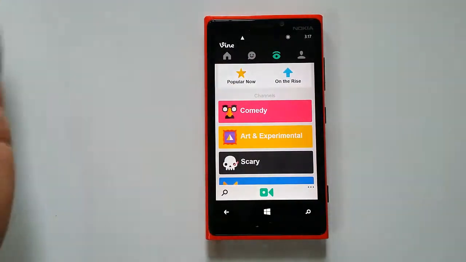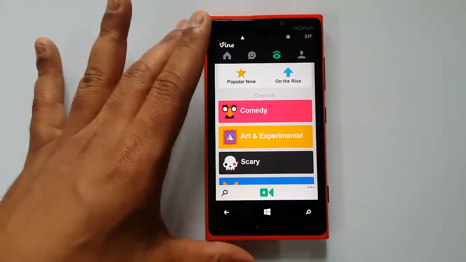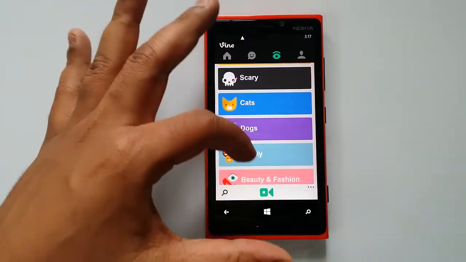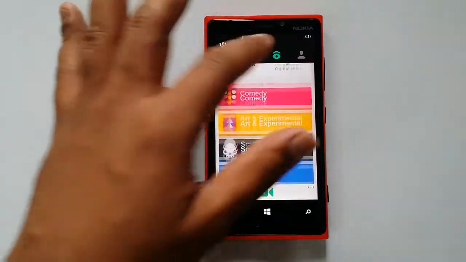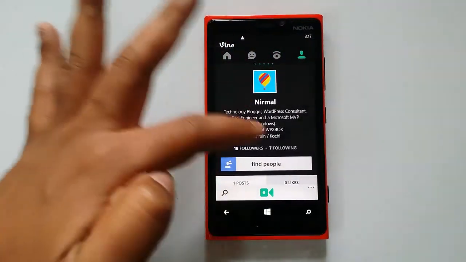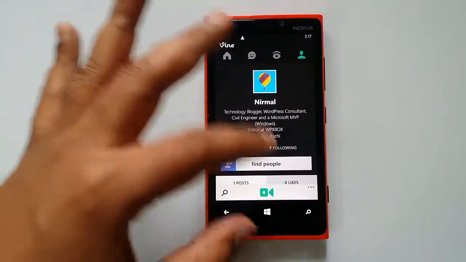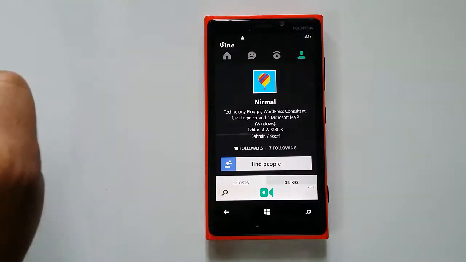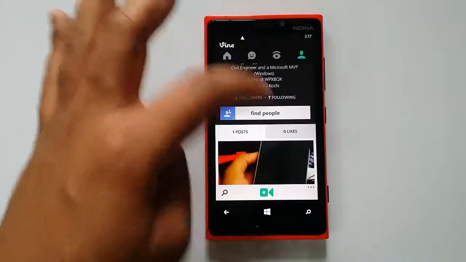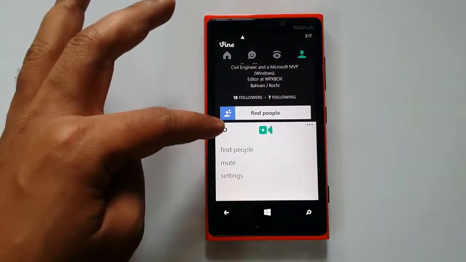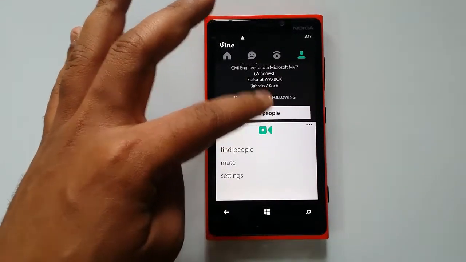You can see what's popular or what's on the rise. Then you have different channels to get new videos. Then finally you have the profile option, where you can see your profile, all the videos you have shared, then your likes, people who follow you, etc. And then at the bottom you can see the option to search as well as create new Vine.